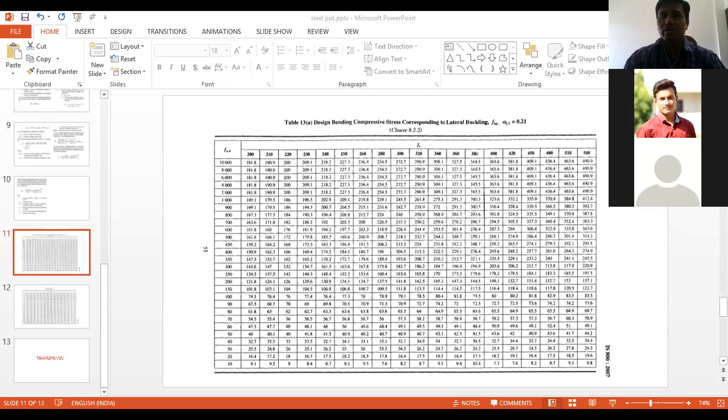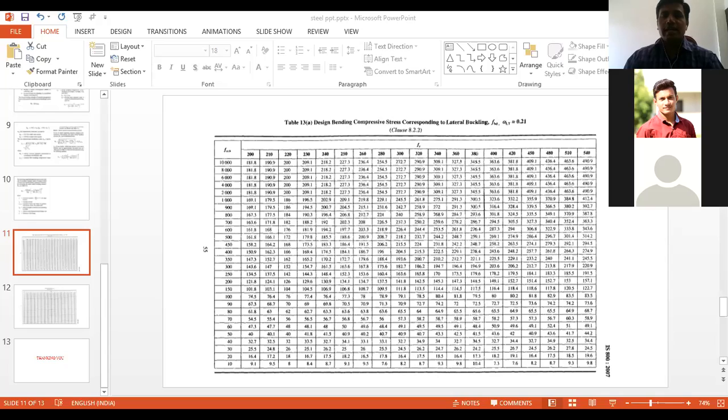The I value, actually the I axis, you can easily find from the steel table. All values are given. You can calculate the calculated deflection, and it should be less than span upon 300. This formula is already given in IS 800, so you have nothing to remember here.